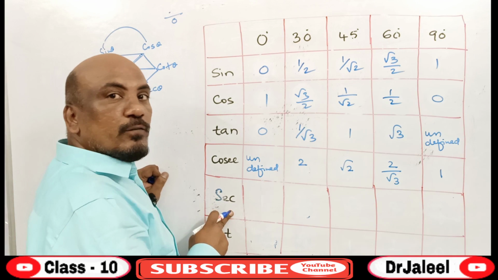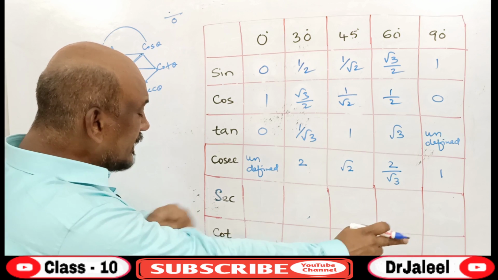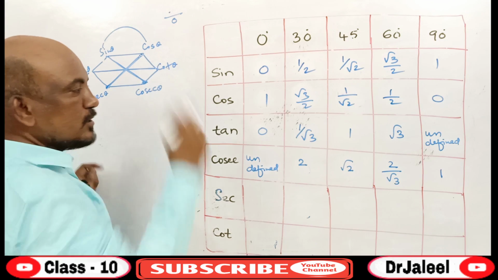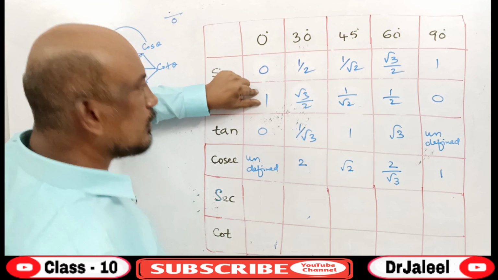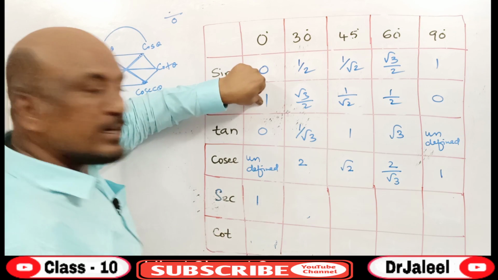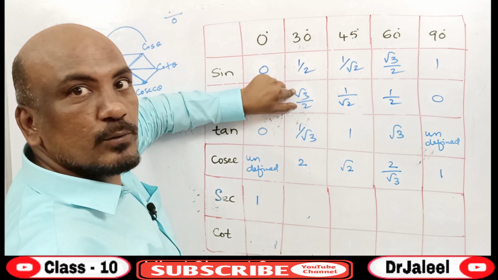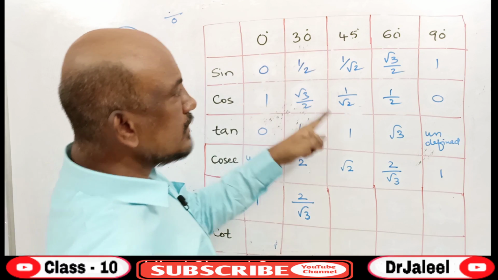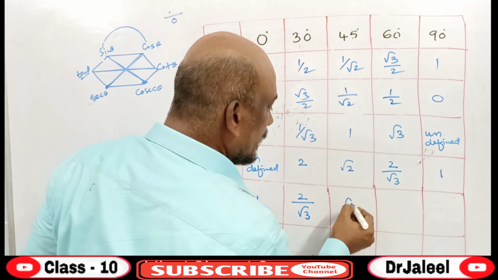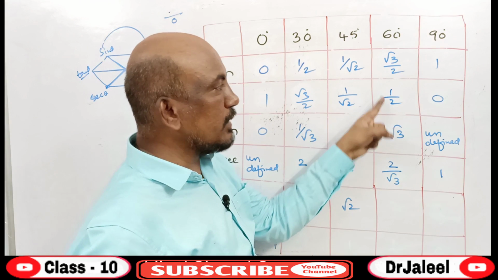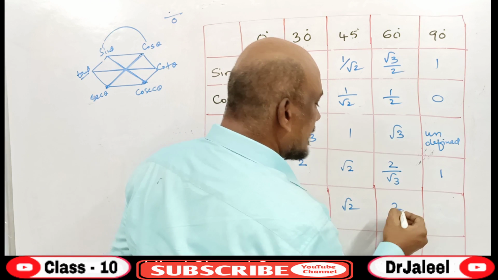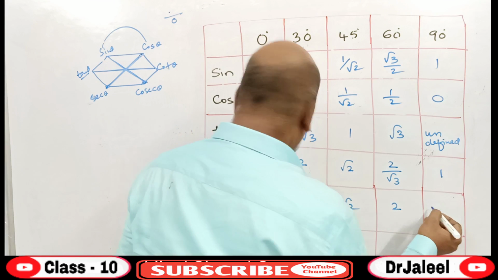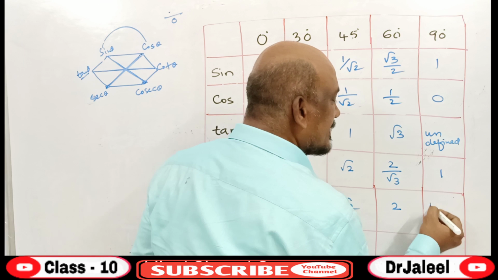Now children, we can go for sec. Now what is the reciprocal of sec? Reciprocal of sec is cos. So let's depend on cos. Cos 0 is 1, so it is going to be 1 by 1. Cos 30 is root 3 by 2, so this is going to be the reciprocal of that, 2 by root 3. Cos 45 is 1 by root 2, this is going to be root 2. Cos 60 is 1 by 2, it's going to be 2 by 1 is nothing but 2. Cos 90 is 0. Then what is sec 90 going to be? 1 by 0 is nothing but